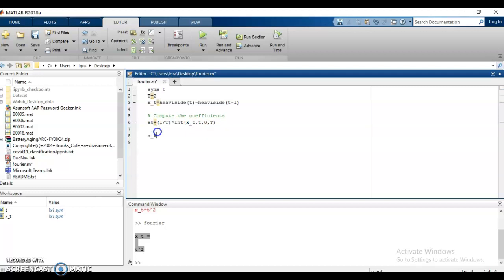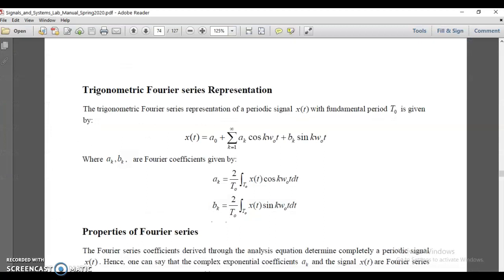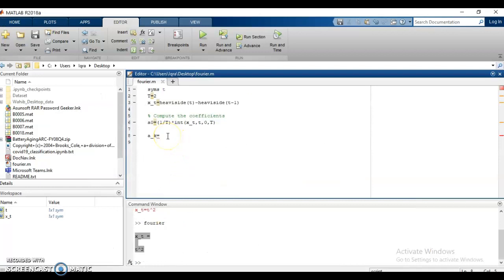In order to compute ak and bk, we need to write the following functions. To compute ak, we take 2 divided by T and multiply it with an integral of x of t multiplied with cos of omega naught t.